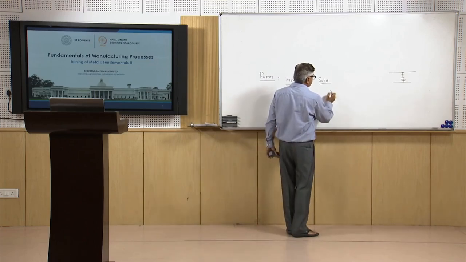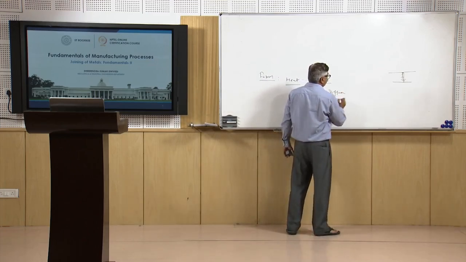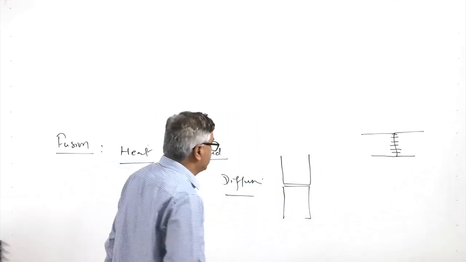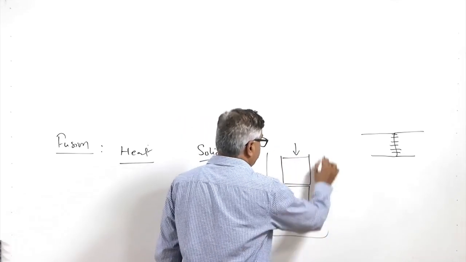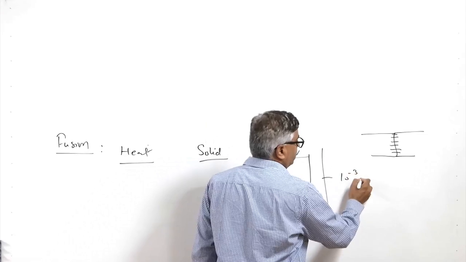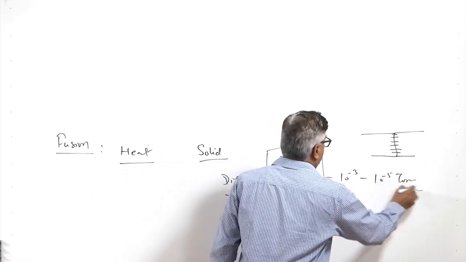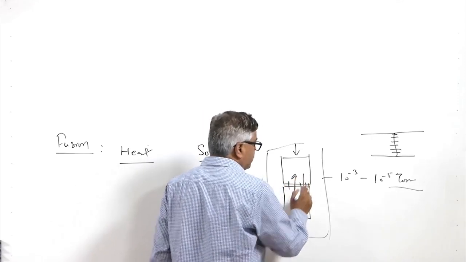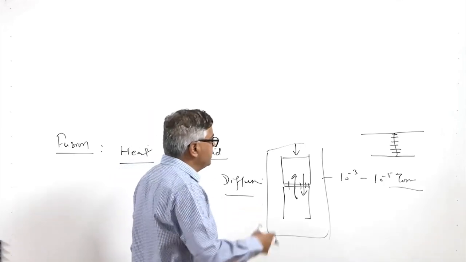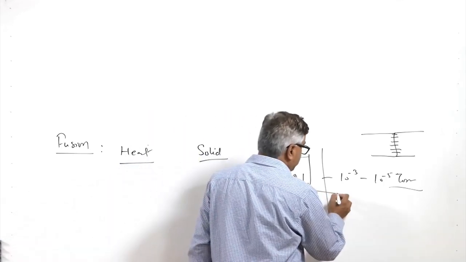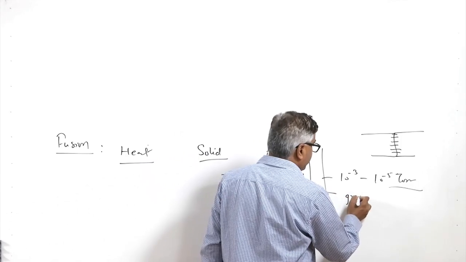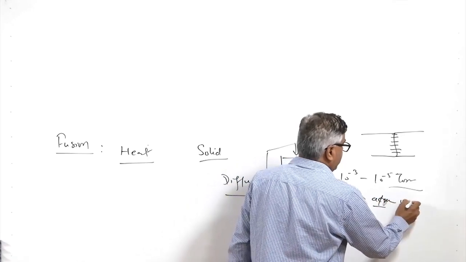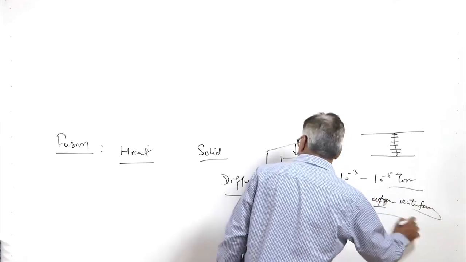another solid state welding process is the diffusion one, where the two surfaces to be joined are kept in firm contact, metal to metal contact with each other under pressure in the vacuum environment. Normally the vacuum is of 10 to the power minus 3 to 10 to the power minus 5 torr, and under these conditions direct metal to metal contact exists. So the diffusion starts from one side to another due to the concentration gradient of the elements across the interface, and this eventually forms the grains across the interface,